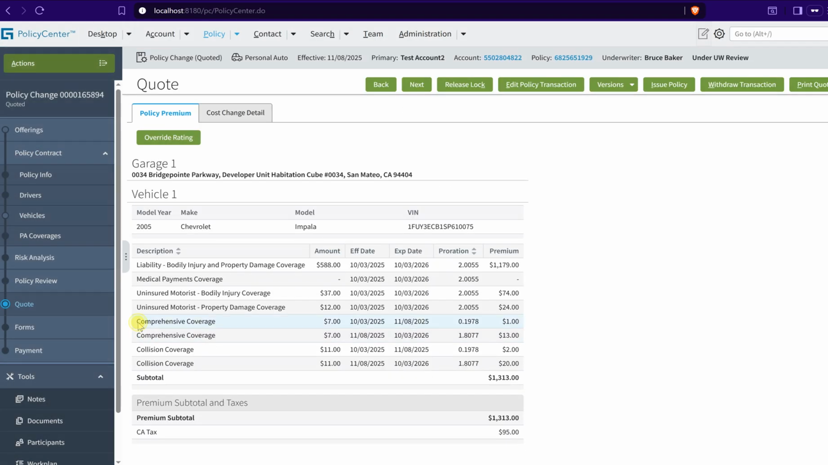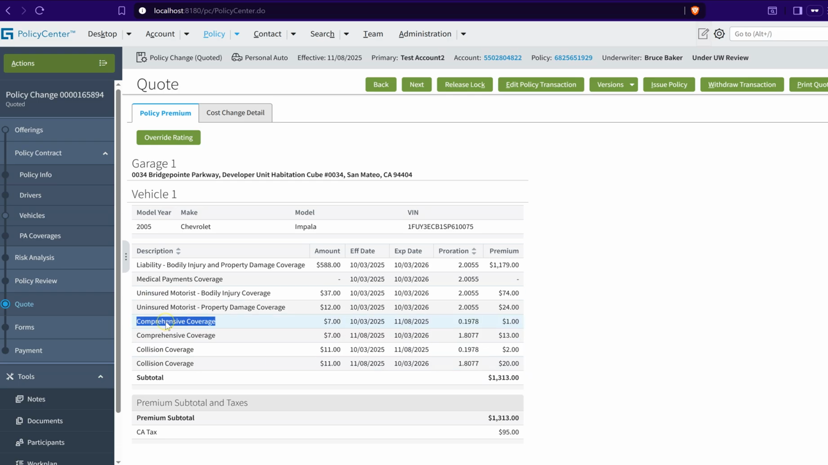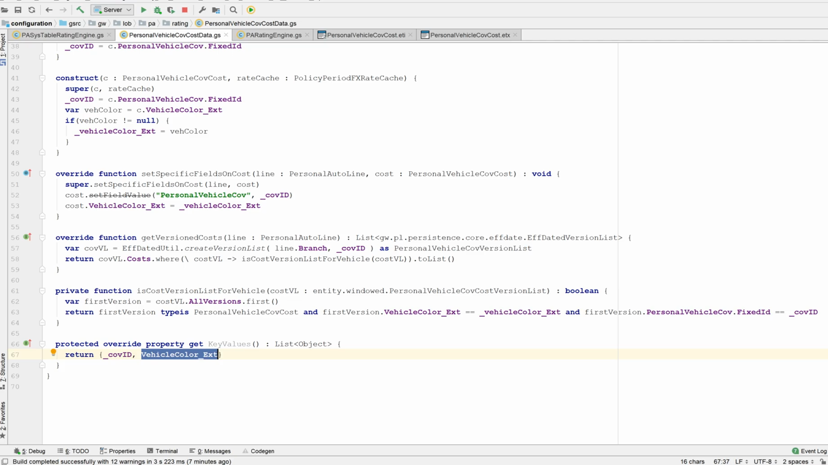So if we see, comp and collision are only vehicle level cost, that's why as we changed vehicle color, cost is not merged. The reason is we are populating in the key values as well as each version cost list. If you are comparing over here and if you are returning in the key values, then only cost merge will happen. If you do not want cost merge, let's remove it. That's it. And this and condition as well,